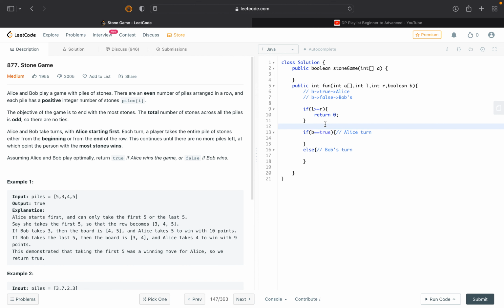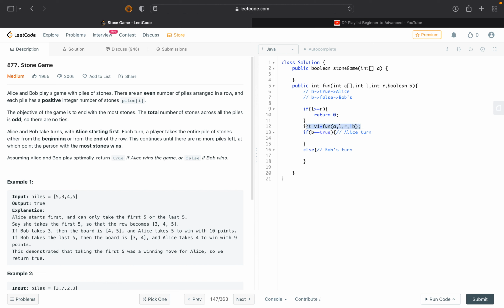So let's create these two values. Let's create the value 1. v1 is equal to function of a, L, R and not of B,